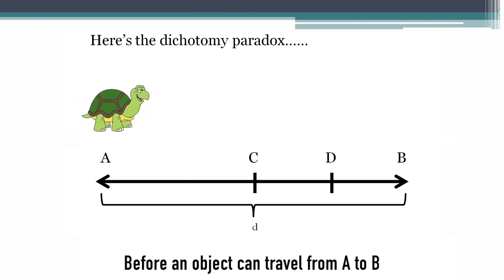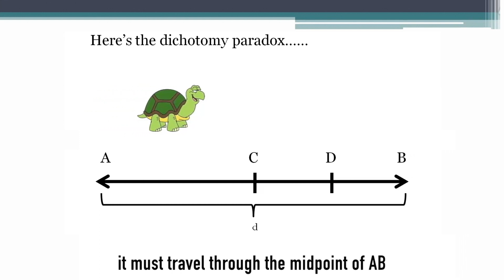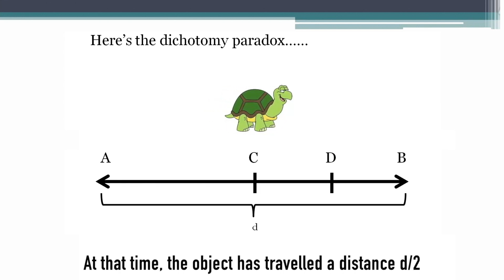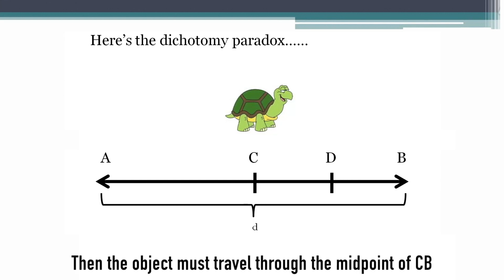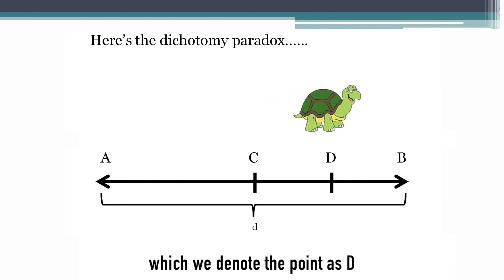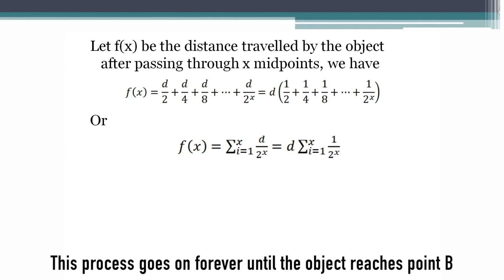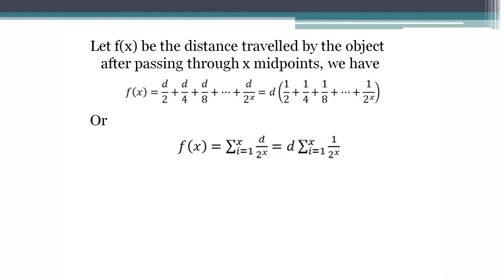Before an object can travel from A to B, it must travel through the midpoint of AB, which we denote as point C. At that time, the object has traveled a distance d/2. Then the object must travel through the midpoint of CB, which we denote as point D. At that time, the object has traveled a distance d/4. This process goes on forever until the object reaches point B. Let f(x) be the distance traveled by the object after passing through x midpoints. We have: